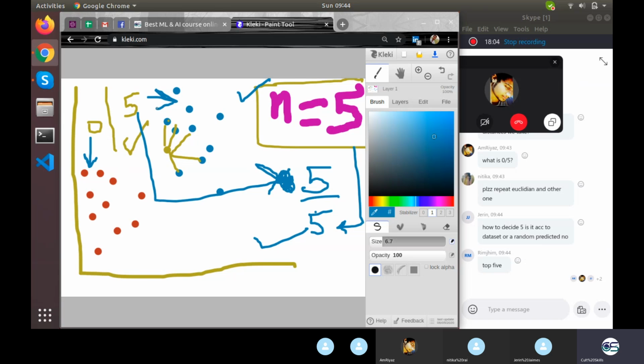Suppose you have to choose the best 11 players and make a team out of the entire world of all the cricket teams. Then you come up with England gave 2 players, Australia gave 3 players, India gave 2 players, South Africa gave 1 player, and this is the way you picked the top 11 players. So the contribution of India would be 2 by 11, England 2 by 11, Australia 3 by 11, something like that. Alright, is it clear to everyone? I'll come to the part about how to choose 5.